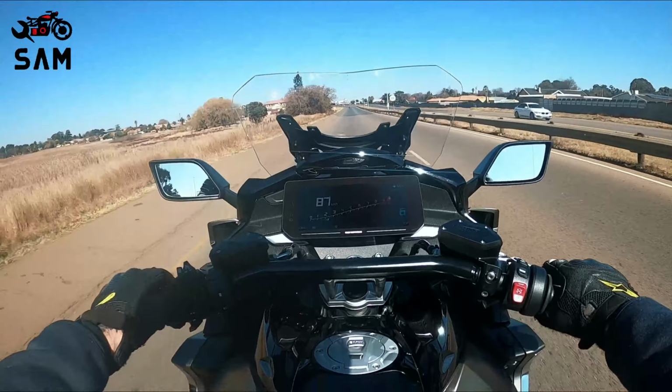So I think what I'm going to do is go find a nice spot to take some pictures, and then I will get the GoPro out again, and we'll have a little look around the bike and all the features, and get a great indication of what it looks like and what it's going to look like in your garage, because you would be hard pressed not to, if you were considering a sport touring cruiser bagger softail thingamajig. You've got other options with the big panniers and the big 1600s, and this kind of just takes away the